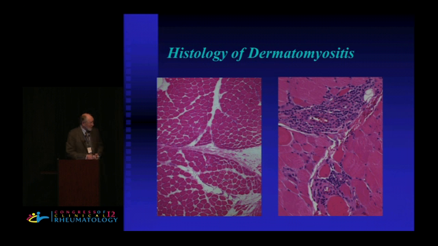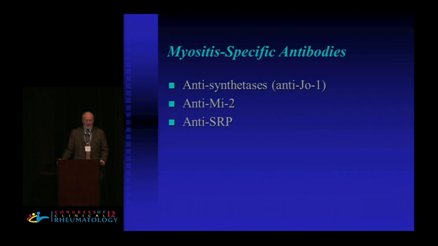You can see that there are inflammatory cells infiltrating the muscle around the blood vessels, and that at higher power you see the characteristic feature of perifascicular atrophy. The cells at the periphery of the fascicles are smaller than those in the center, and this is characteristic of dermatomyositis. And it's characteristic of dermatomyositis in a patient that has an anti-synthetase antibody. And as you know, we now can measure these. They're commercially available, many of them, and they do help us